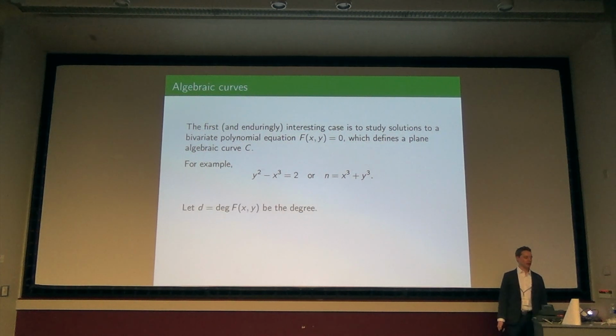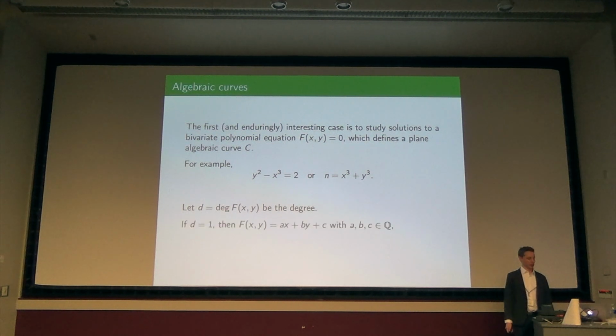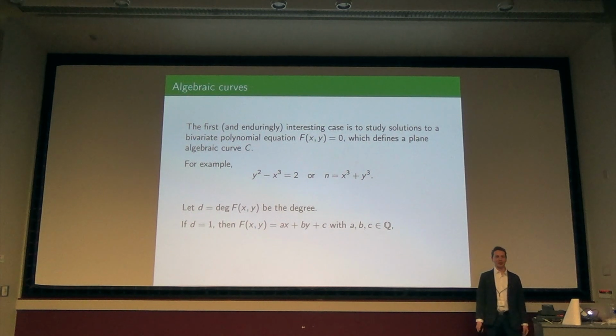Now, in order to categorize these, we have to decide where it becomes easy and hard again, in that kind of Goldilocks range. Where should we be working? Where's the frontier? So let's organize these by the total degree of the equation. In this case, the degree of both of these equations is 3. That's no accident, for reasons you'll see later on. We may want to refine by the degree of x and y in a little bit, but I just want the maximum of the degrees of the monomials that appear in that equation. And as you would expect, as the degree gets higher, it should get harder. So let's see what happens with small degree. What happens if the degree is equal to 1?